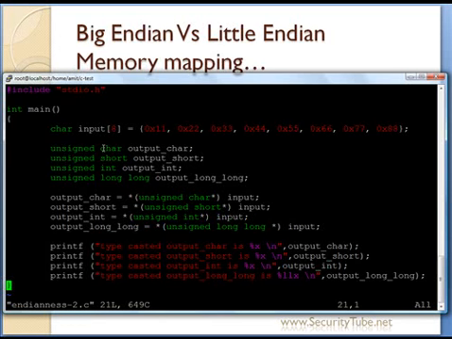different sizes, and I'll be compiling this program on a big Endian machine as well as a little Endian machine, and let's see what the final output is. I have declared a few variables here. For output char, I am typecasting the input as unsigned char. Char, as you know, is 1 byte, so the expected output is just 11 in either the big Endian or little Endian